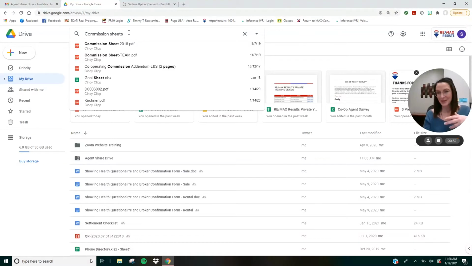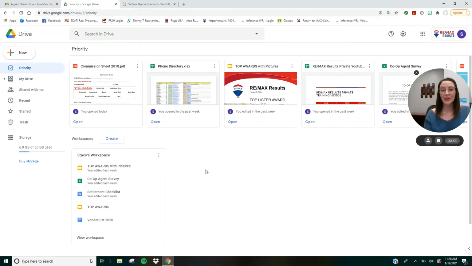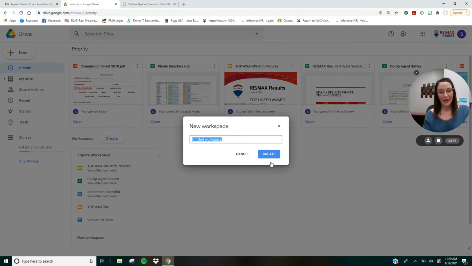The second tip I want to show you is something that I just discovered. If you click Priority, you can create your own workspace with your most used documents, or maybe some documents that you need to work on in the future. It's super easy. Just click Create. We'll call this Remax,